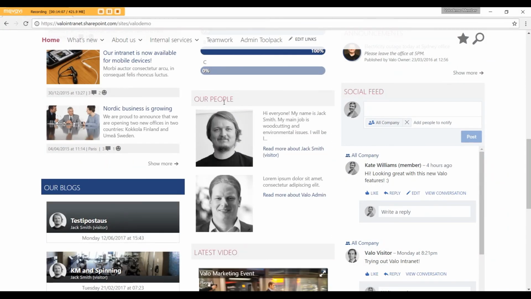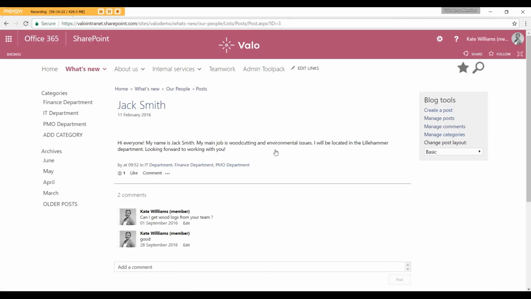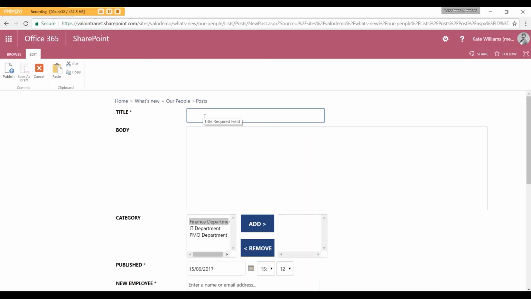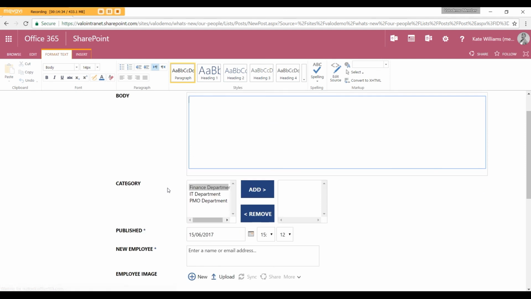So Our People is an element like this on the front page or anywhere else, where you can promote new employees or existing employees. So people write an article about themselves. So this is very similar to the news, namely we are leveraging SharePoint's blog feature here. So it's the same workflow for creating a new post. You click on create a post here, and you write the title, you write about the new employee, you define